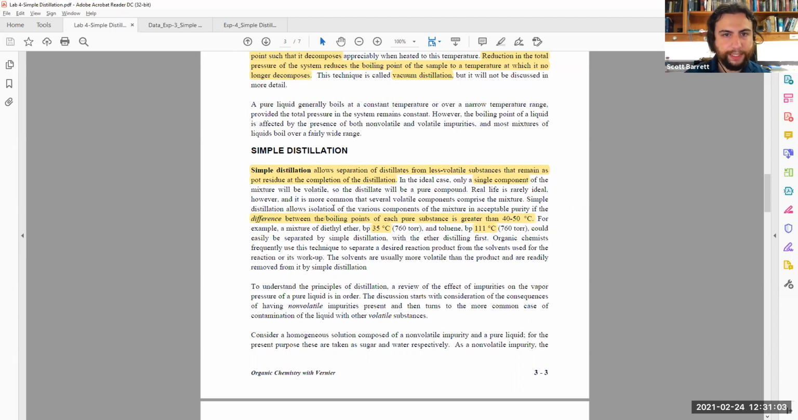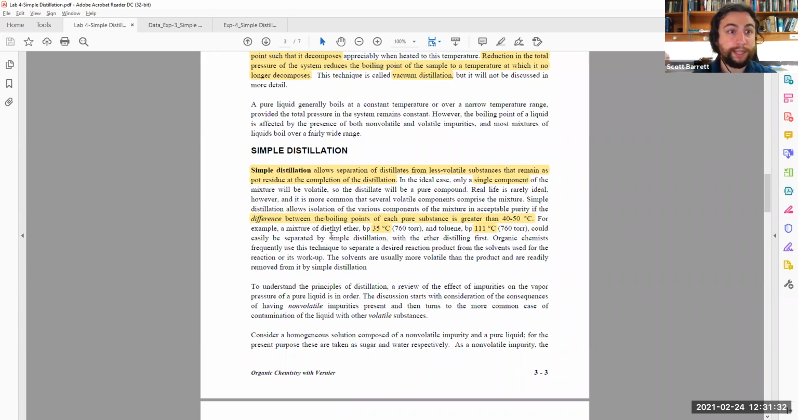So here, diethyl ether, a boiling point of 35 degrees Celsius at regular atmospheric pressure, and toluene. So see here, they utilize a good separation here because 35 degrees Celsius versus 111 degrees Celsius, you'll get a really, really obvious separation whenever you perform simple distillation, so long as you utilize very slow heating and just very, very cautious, attentive